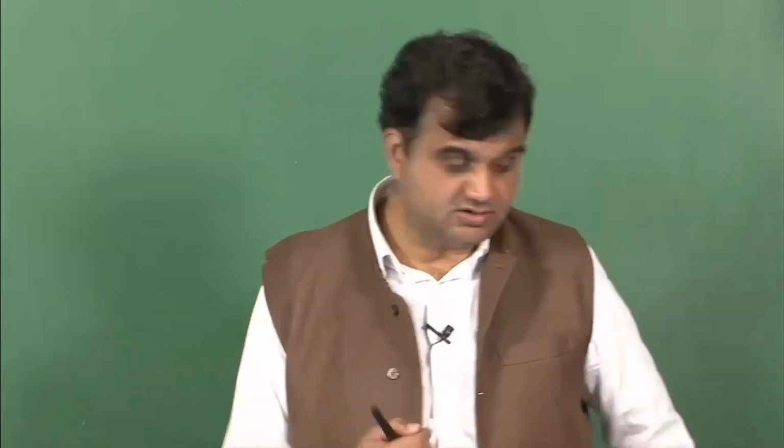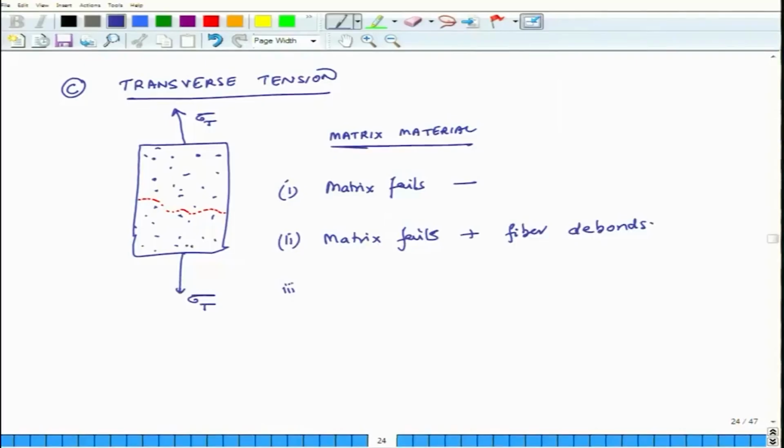So, that is another situation. And the third, and that is an extreme situation, is when the bonding between the matrix and fiber is really good and there are a lot of fibers and the fiber is itself very brittle and prone to cracking. Then what can happen is the matrix fails